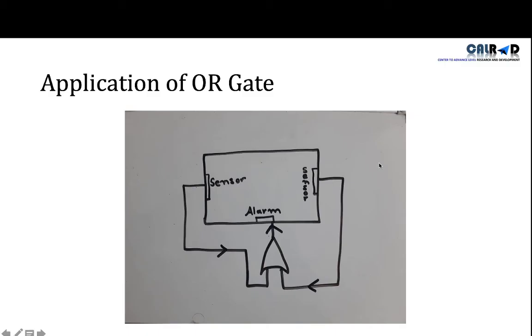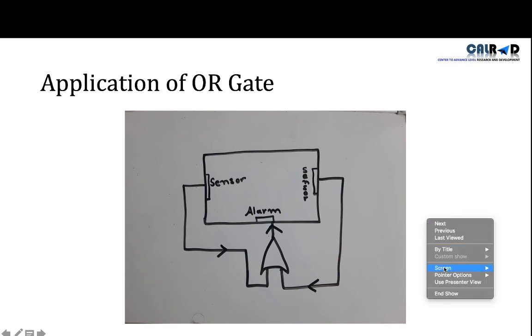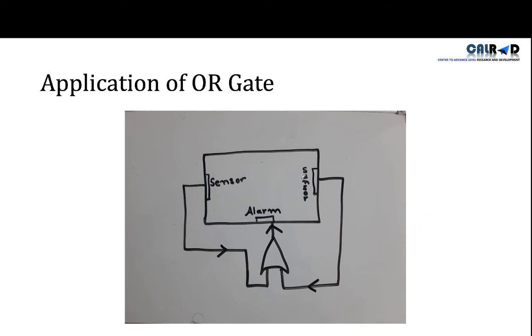experimental application. What is the application for OR gate IC? Where is this OR gate IC used? In the diagram you can see a room. This is a room, and there are two doors of this room, door 1 and door 2. Both doors are having heat sensors. Why heat sensors? Because if someone enters the door into the room, the sensor will sense and we can know that someone is inside the room.